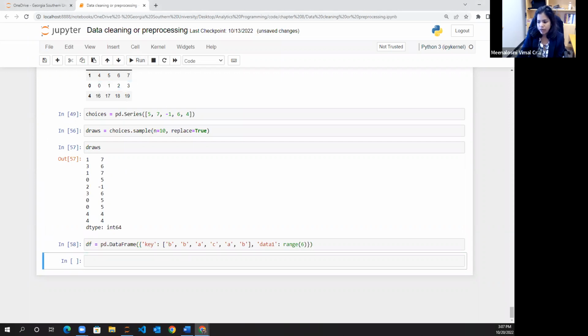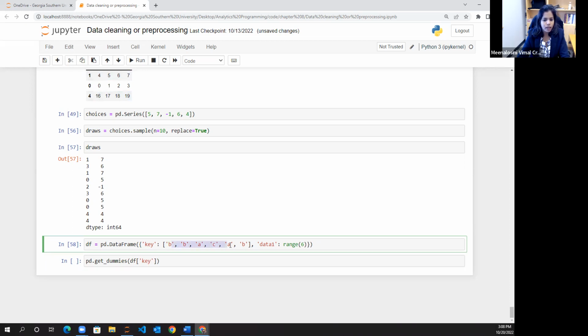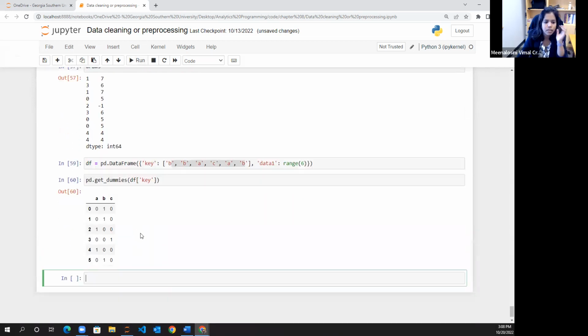Okay, let's create a data frame. Pandas has a method called get_dummies to perform this. With get_dummies, we have keys. What are the keys? A, B, C. These are the three keys. So when you run this,